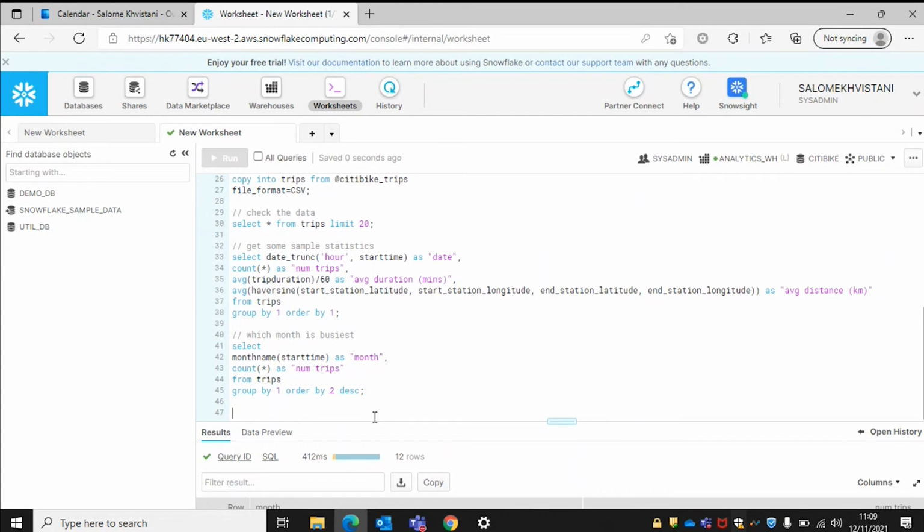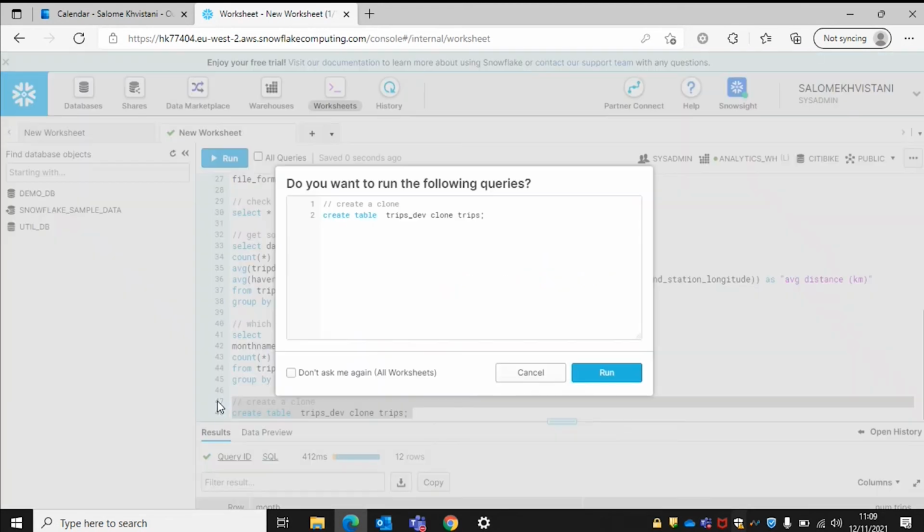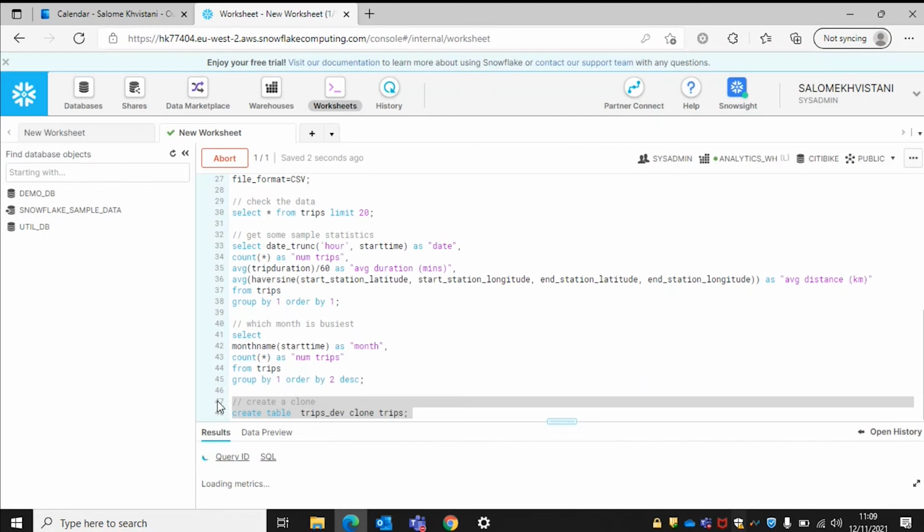To do this, we can just execute the following code: create table trips_dev clone trips. So we are creating the clone of the trips table. Then, to check that we actually created this clone, we go to the left-hand side,